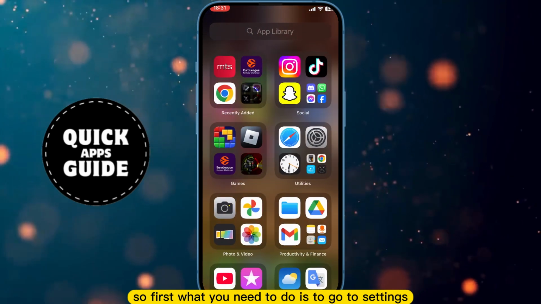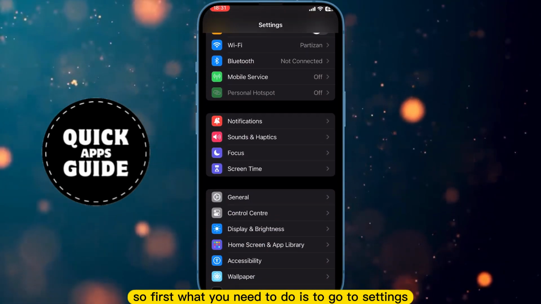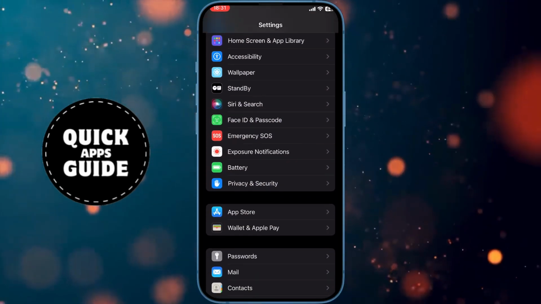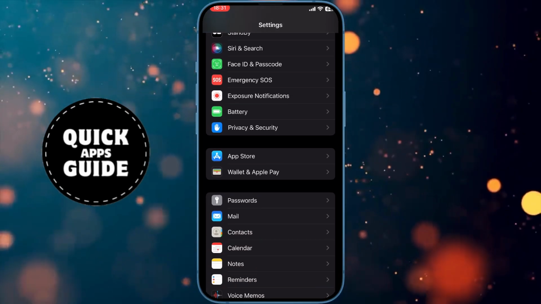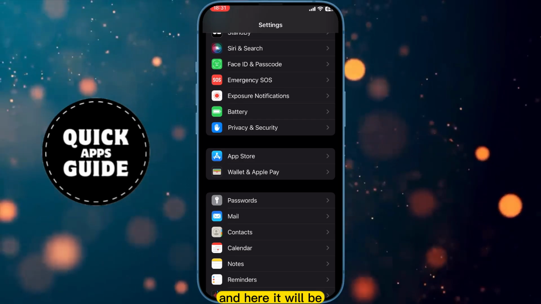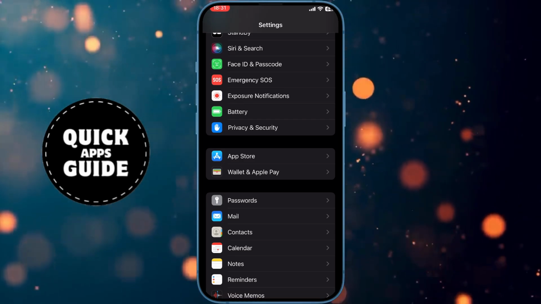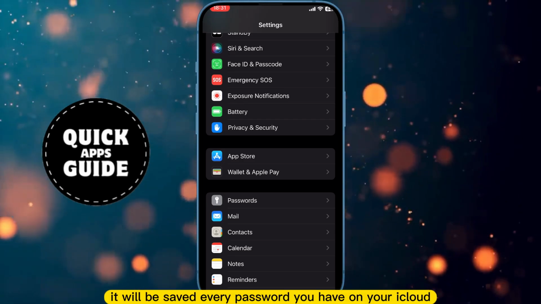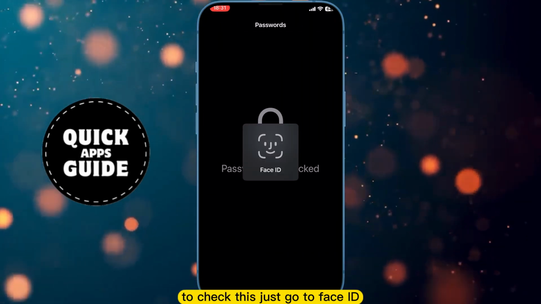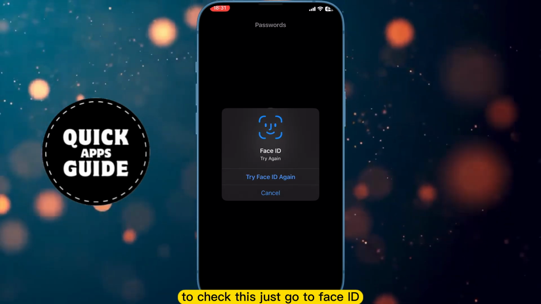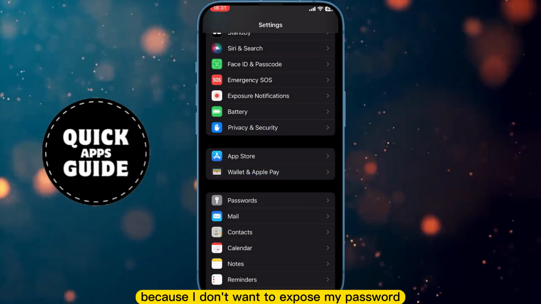So first, what you need to do is go to settings and just scroll down until you find the passwords option, and here every password you have on your iCloud will be saved. To check this, just use Face ID. I won't do that now because I don't want to expose my